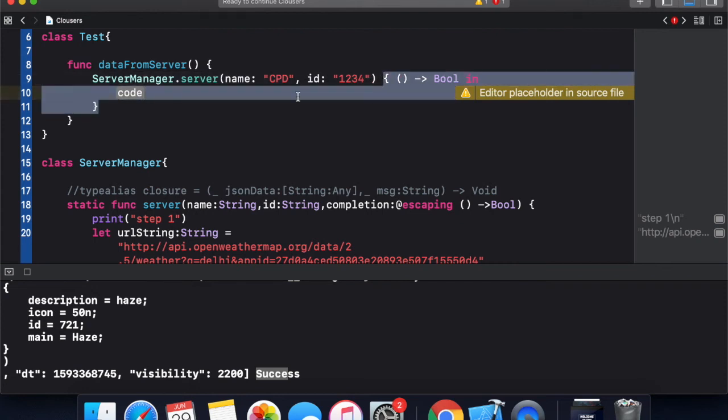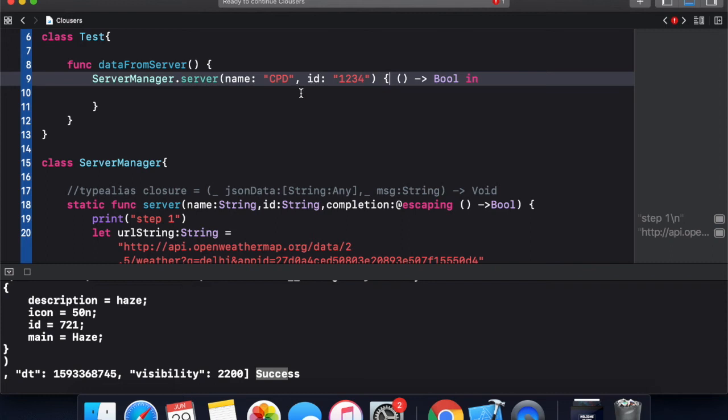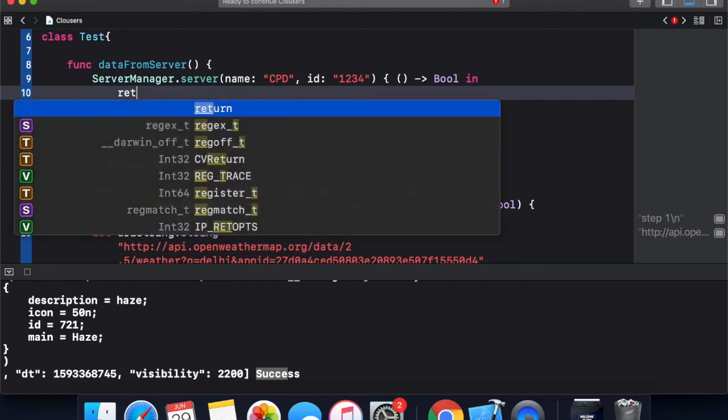Auto closure gives an easy way to deal with this closure expression, and we don't need to put these extra curly braces. So I can just return from here and it will work fine.